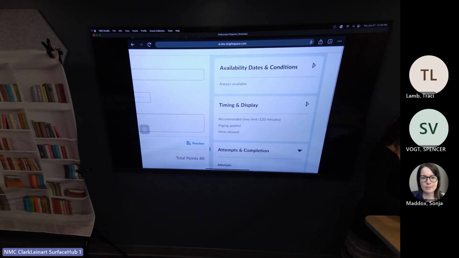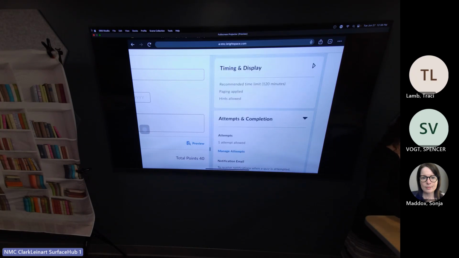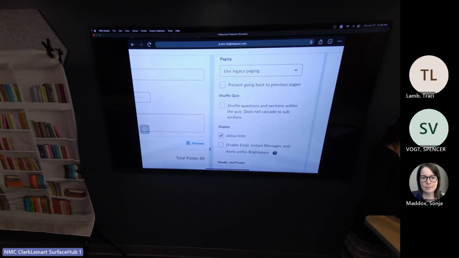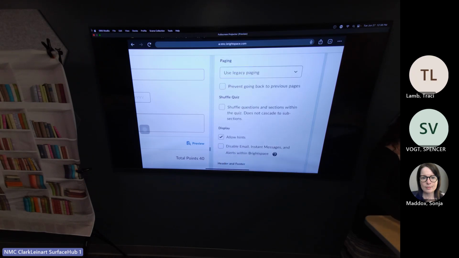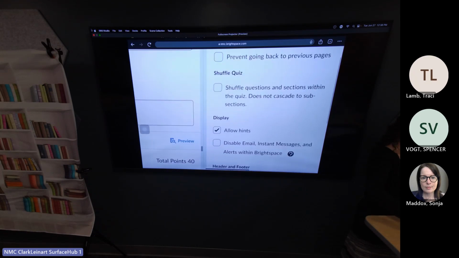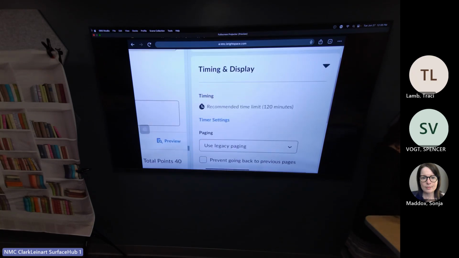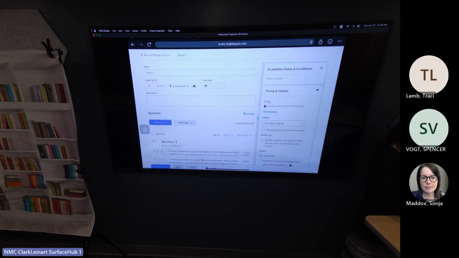The availability and dates is when you set your due dates. Timing and display is when you decide if you're going to shuffle, if you're going to disable. And when it says instant messaging, it's not like another browser application, it's just quite literally. I zoomed too much.